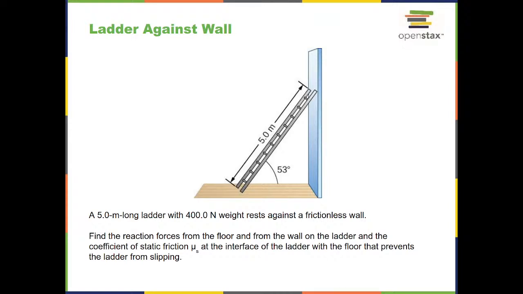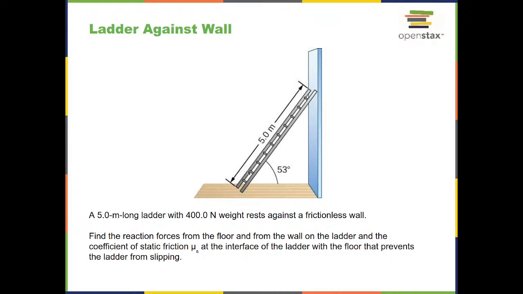Now, there's an extension of this problem, and that's not one that is covered as an example in the textbook. But of course, there will be something that might change if you start climbing on this ladder, right? All of this assumes that there's only mass due to the ladder itself. If you start climbing on this ladder, and let's say you're further down on the ladder here, you will start changing those force balances, and in particular the torque balance. And so if you start climbing up higher and higher and higher, the required coefficient of static friction